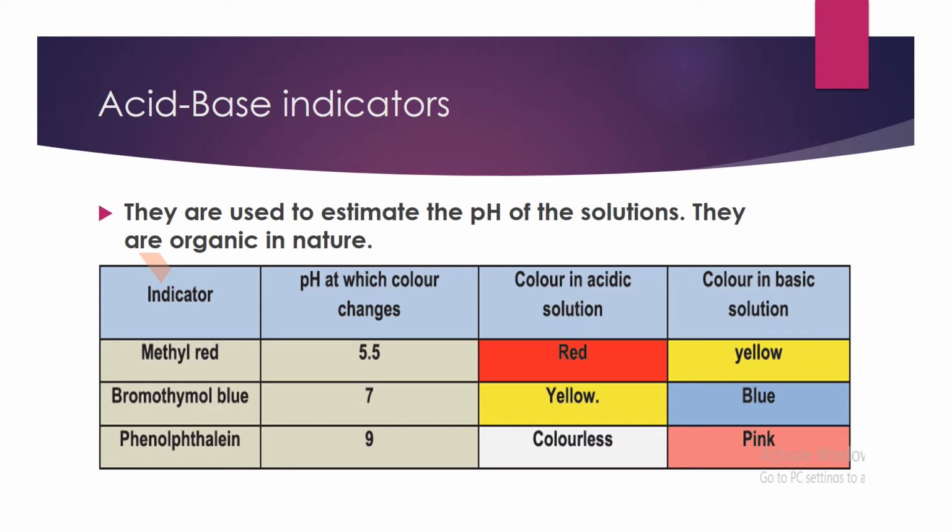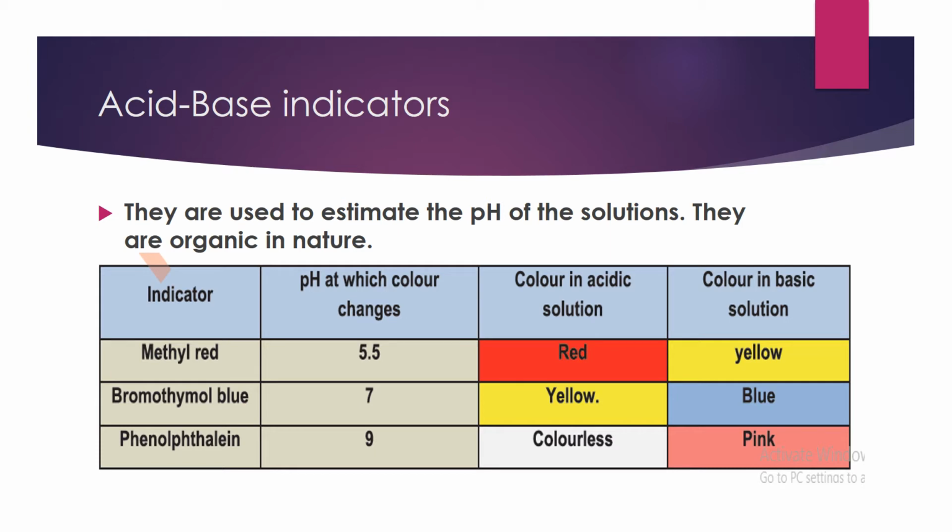The third method is the use of acid-base indicators. Indicators are actually intensely colored organic substances. They are organic in nature and they produce a vivid color in the solution. They have different colors in acidic media and in basic media. So when we pour one drop of indicator in the solution, some color will develop and the color will be matched. It will indicate the particular pH.